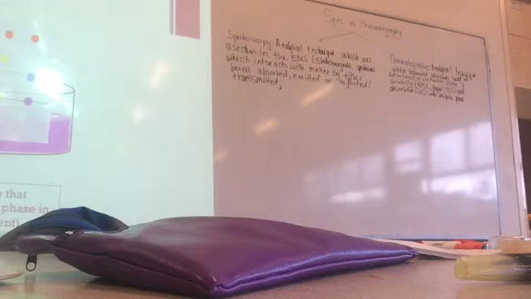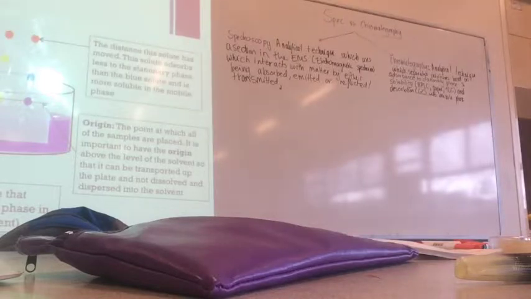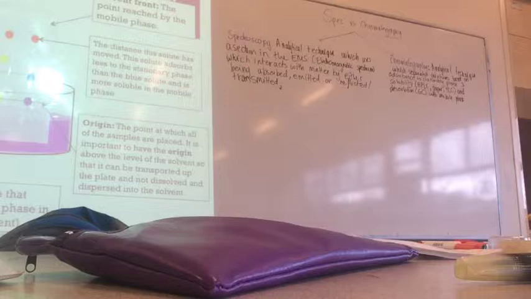That's the origin, but these are samples. And then, say if we're interested in this one, it's called the analyte. And then how many components is this sample made out of? Two, very good. I've got the dot there, usually they don't have the dot where they put it on. So we've got the samples, we've got the origin, we've got the distance that it's moved, and we've got the